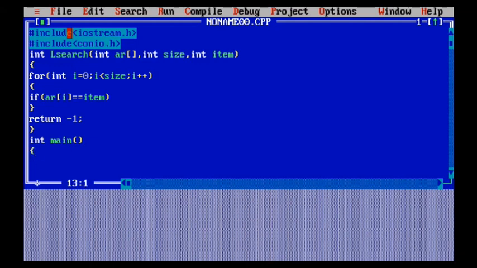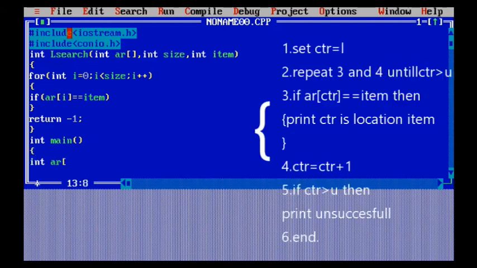Now, on the right-hand side of the screen, you can see that I have written CTR equals L. This is the algorithm that I am going to explain. CTR equals L means the lower bound is 0, so the L value will be the lower bound. Then I have given a step that CTR is less than or equal to U, that is the upper bound, meaning it needs to keep on checking until it reaches the upper bound.